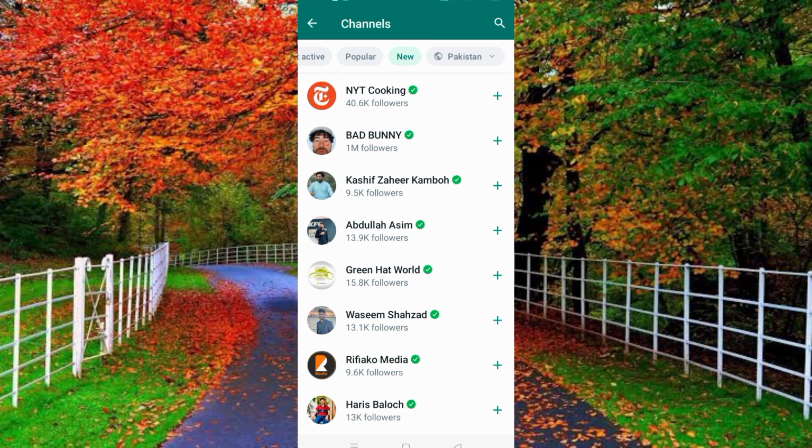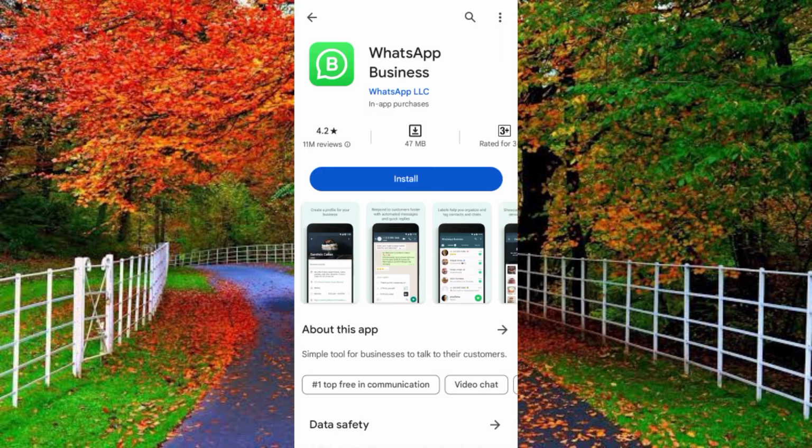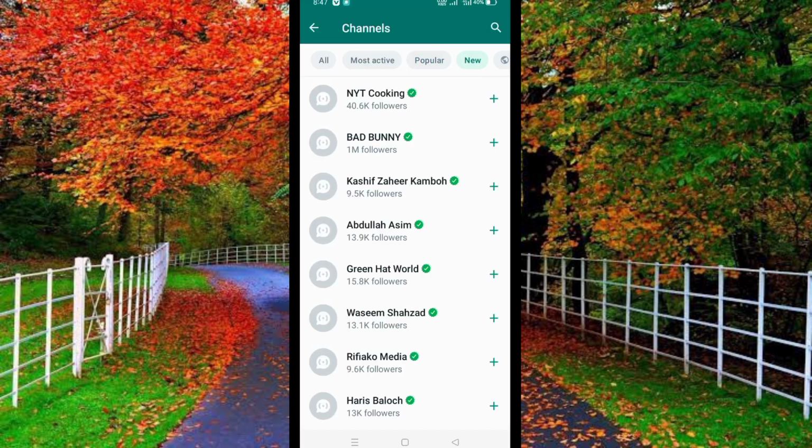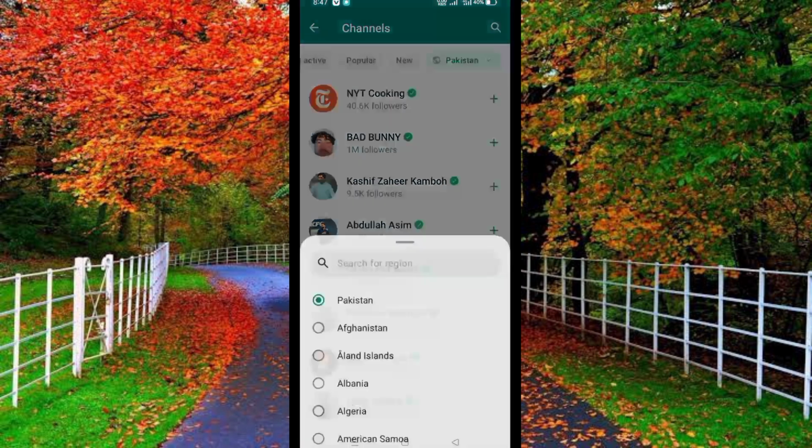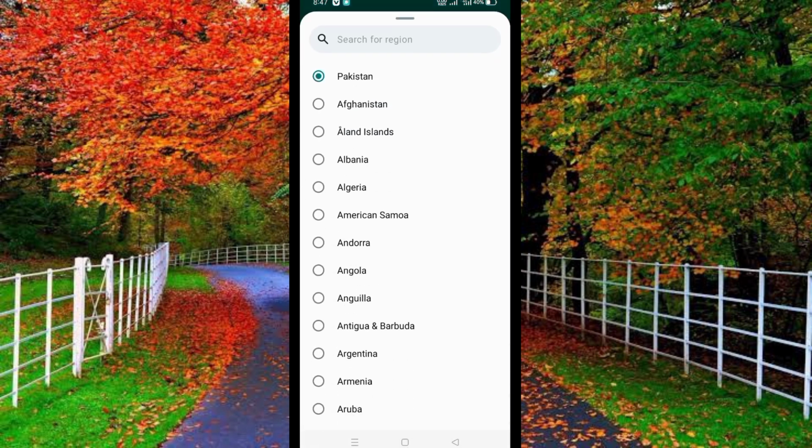but keep one thing in mind that this feature is available on only WhatsApp Business. It is also possible that this feature will be available in normal WhatsApp. In the next video I will show you how to create a channel on WhatsApp, because this feature is not available